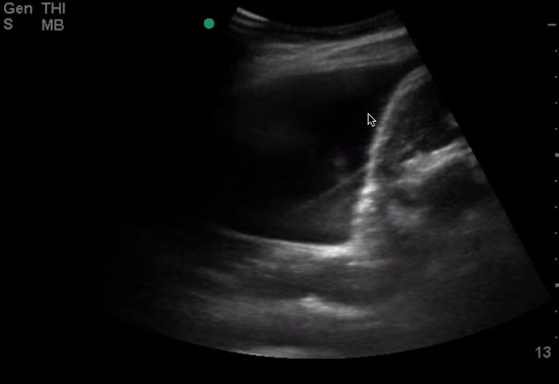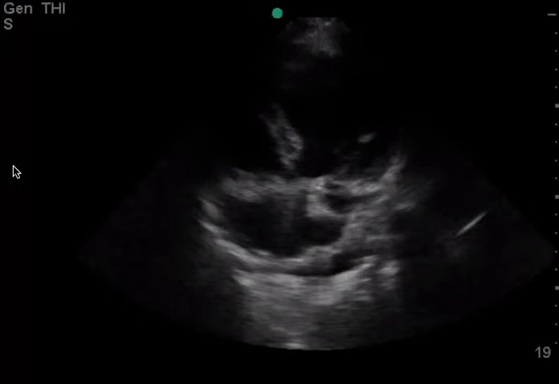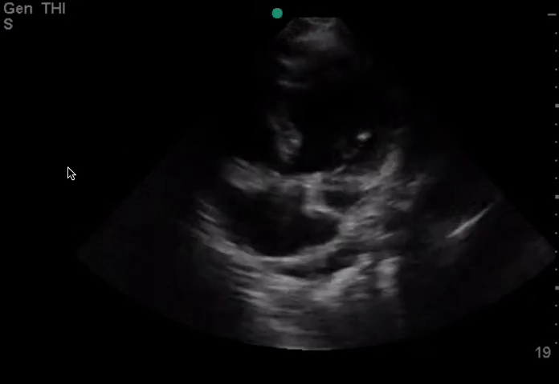This is massive. Look at this. It exits the whole screen. It's about 10 centimeters deep this way, maybe about 5 this way, and you don't see any of the lung tissue. So she has a pretty large pleural effusion on the left side. So with that, it's a little difficult to tell based on the cardiac views if there is indeed a pericardial